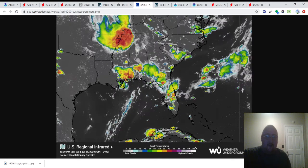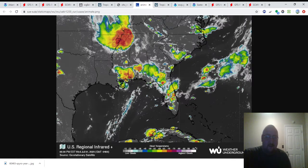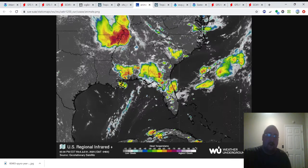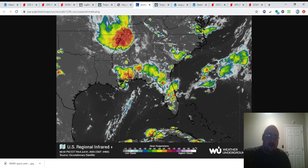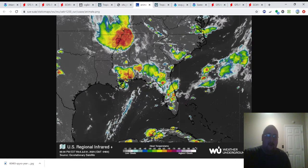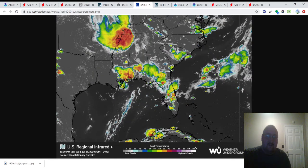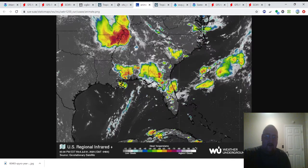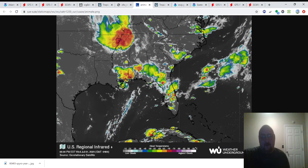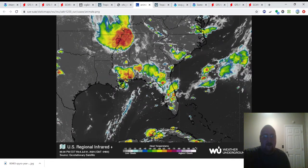then this might become at least a tropical invest or a tropical depression before it hits Florida, and then it goes across as a depression, and that's when it takes off. I can see that scenario panning out. Now, I'm not saying that if it goes down here to southeast Georgia or the North Florida area it couldn't do the same thing. I just honestly think it has a better chance of doing something if it goes out here into the Gulf